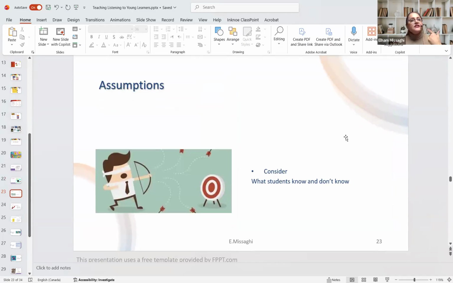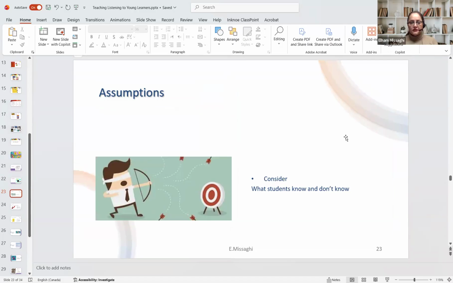What do they know? If I start asking them about their career, do they work or are they housewives? If I want to start to ask them about the daily routines, like in the picture, or different activities, do they know enough words to talk about it? So what do students know? If they don't know many words, they're for lower levels. Okay, what kind of picture do I take to the class? Like elicitation, that is the part where you want to check what they know and how you can connect it to the unknown, to the new part.